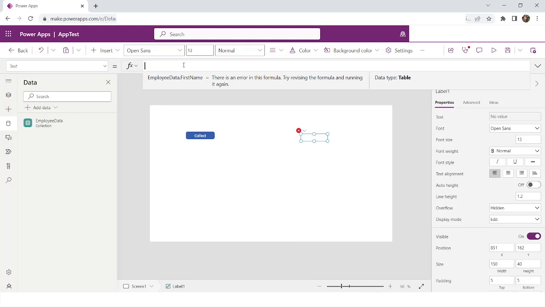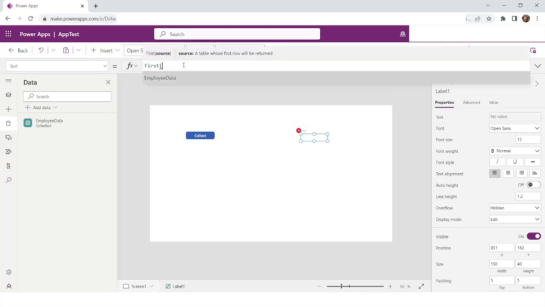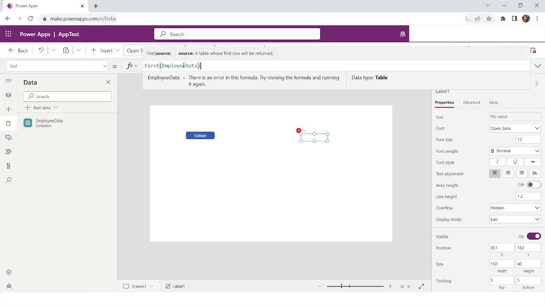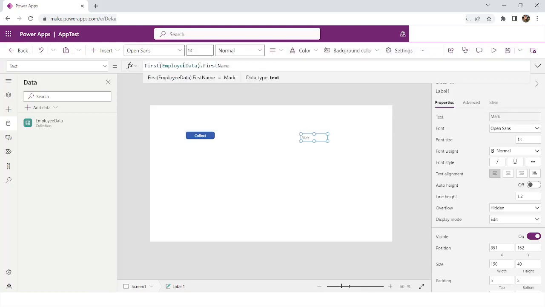Because this is a table, I can say First and then the EmployeeData table, and after this I can specify the property which I want to show. So now I can get the name of the employee. What if I want to get the last name, right? So I can get the last name of the first row,